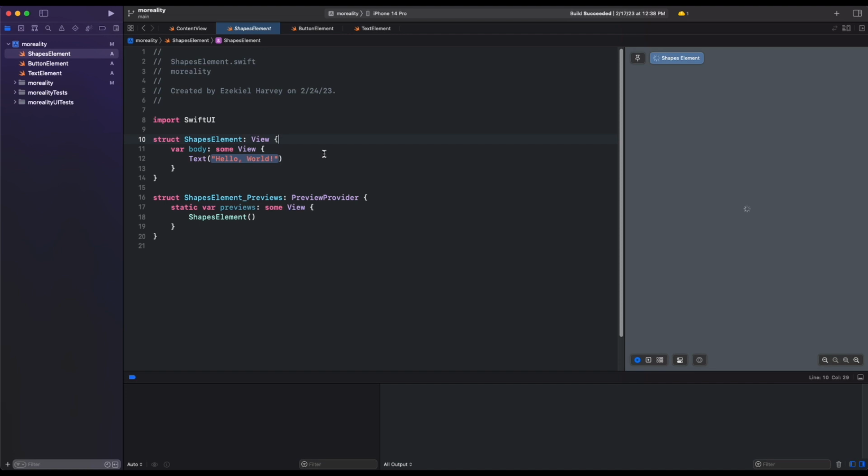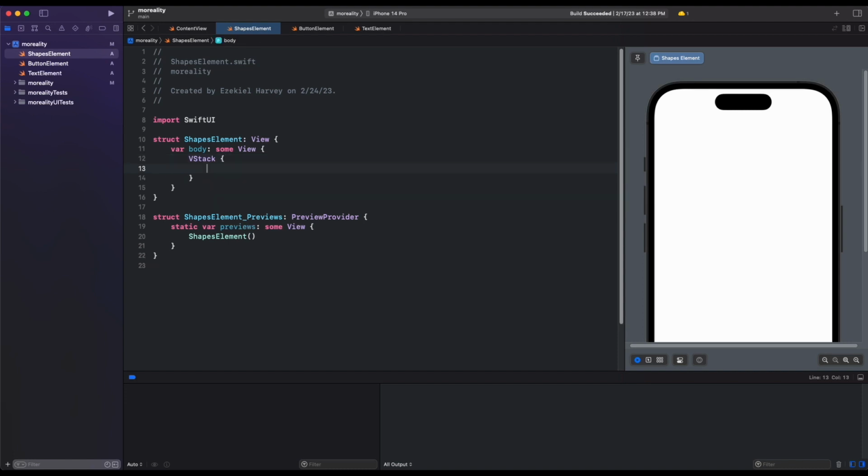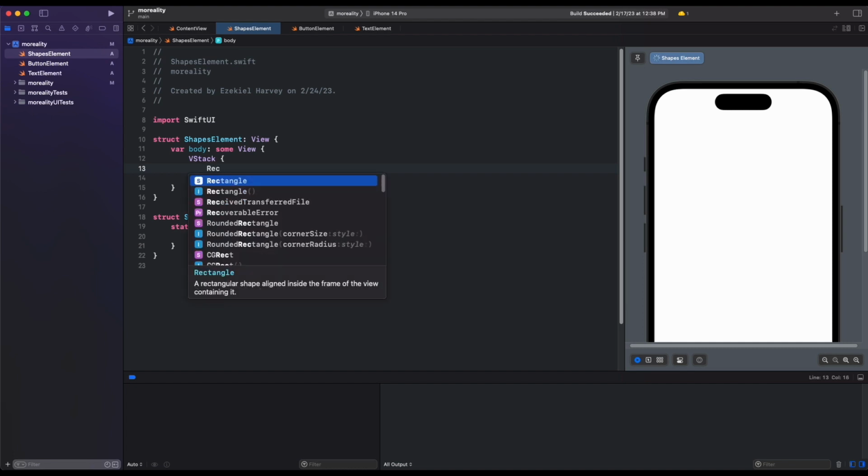Okay, so now we can get rid of this text. We're going to go ahead and add a VStack. Okay, and in this VStack we're going to have 5 different shapes. So first one is going to be rectangle,